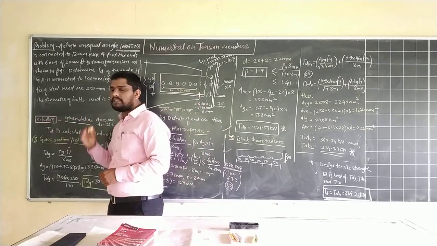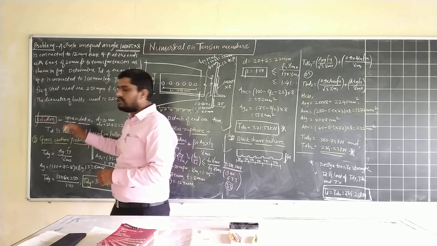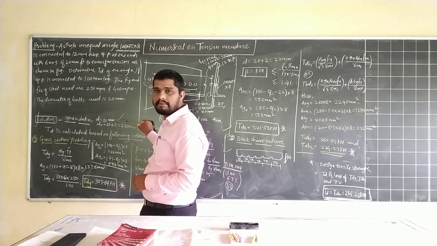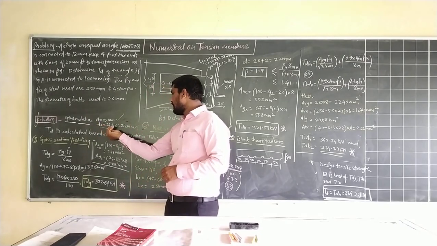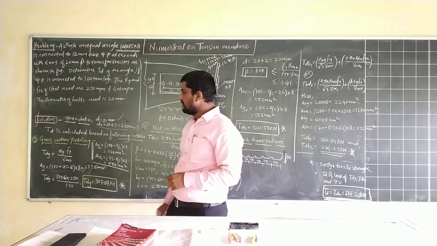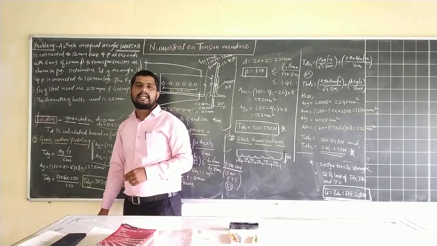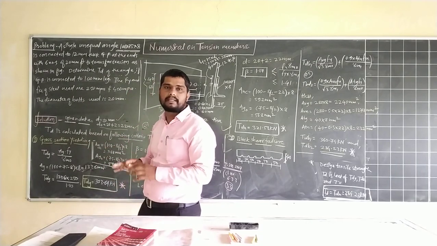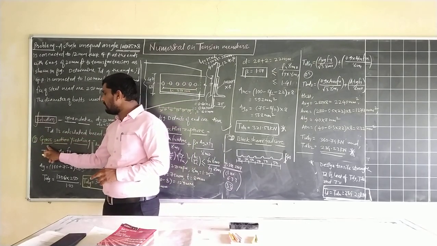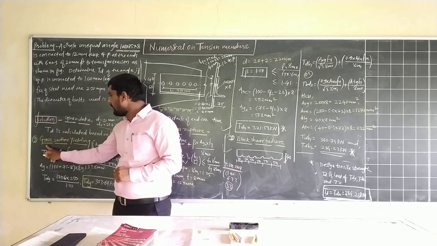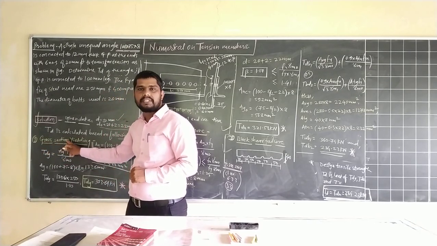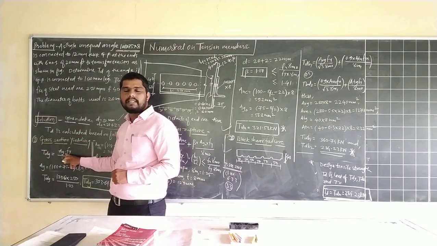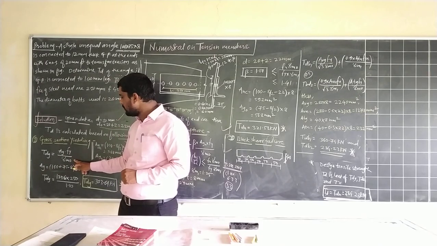Then dealing with our solution, first note down the given data. The diameter of the bolt is 20 mm, and by adding 2 mm as clearance, the diameter of the hole is 22 mm. The first step is to determine the design tensile strength or load, calculated based on the following criteria. The first criterion is the gross section area: TDG is equal to gross sectional area into Fy divided by gamma m0.